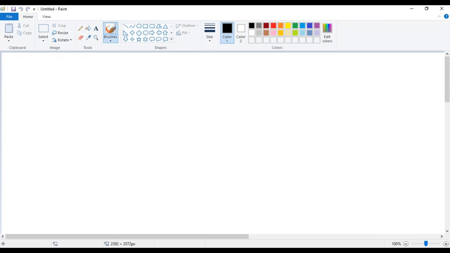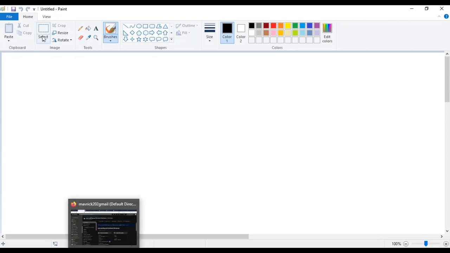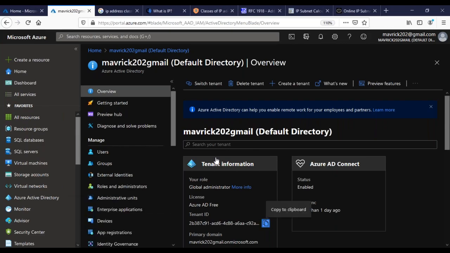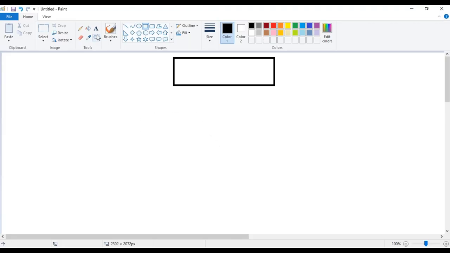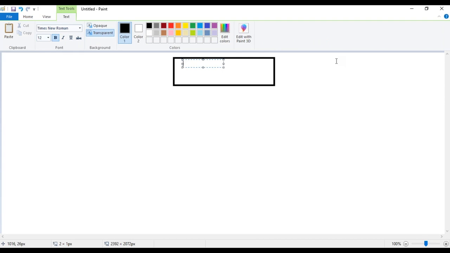I'll go to the diagram here, and what I'm going to do is draw the diagram for you. So I'm going to label this Microsoft tenant ID.